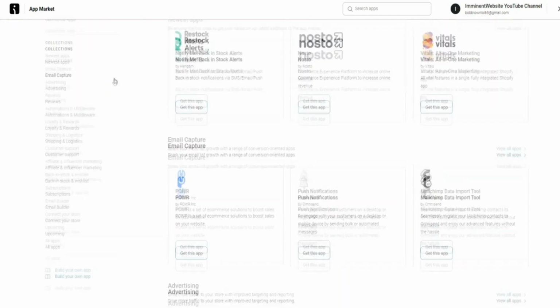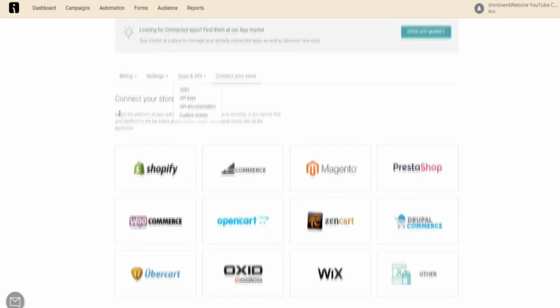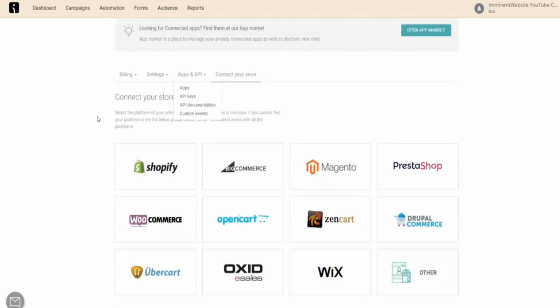And now if we just go back to the page we were on before, you can also see your billing right here, your settings in terms of passwords and a bunch of other stuff right here, apps and APIs, and obviously connecting your store, which is going to be one of the most important steps. Now for today's video, I won't be connecting to a particular e-commerce platform because obviously everyone watching this video